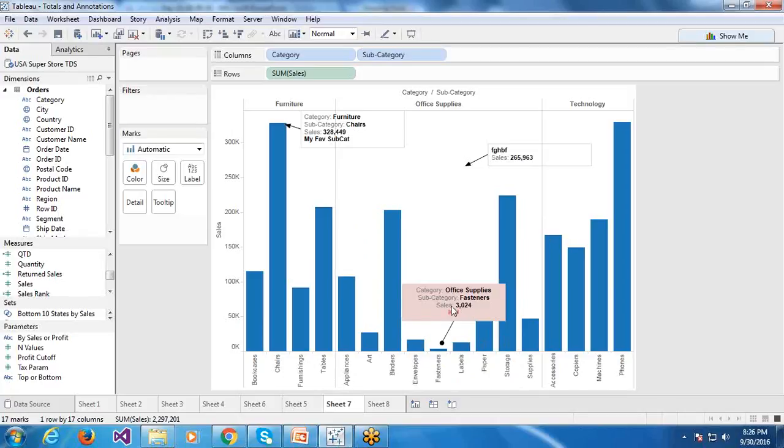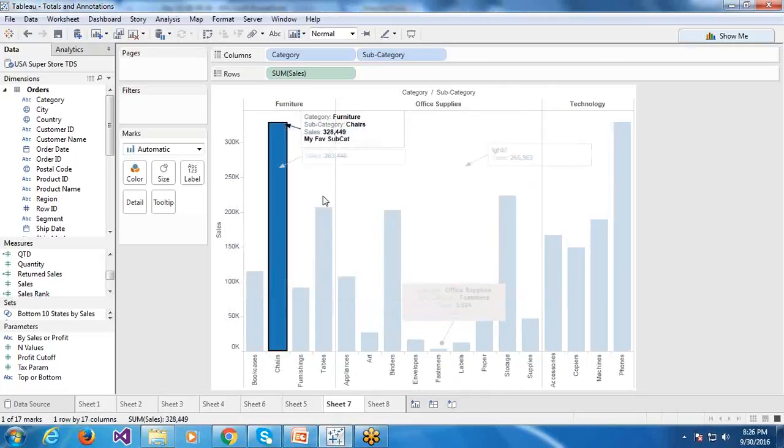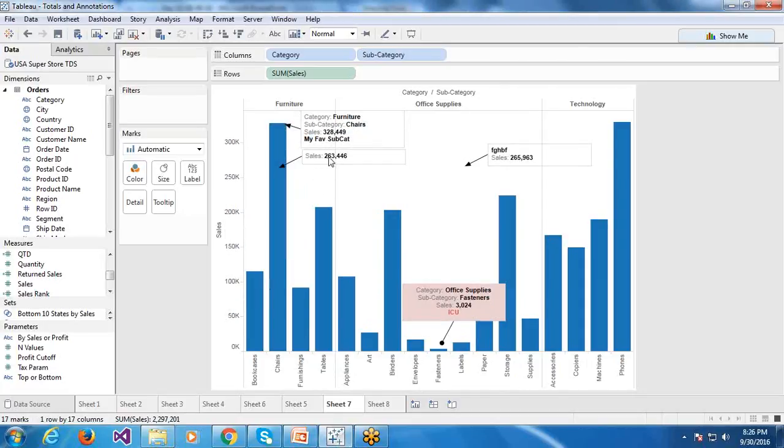In this case, see, it is representing the mark. Okay, let us use point annotation here. See, 263 is not sales for this mark. It is the axis value at this point, right?